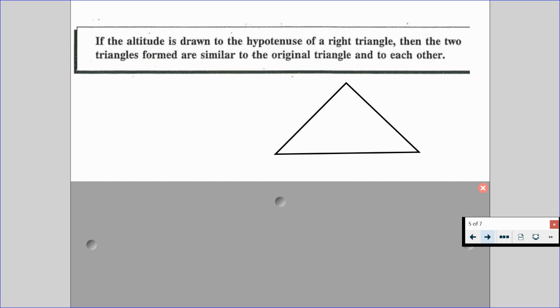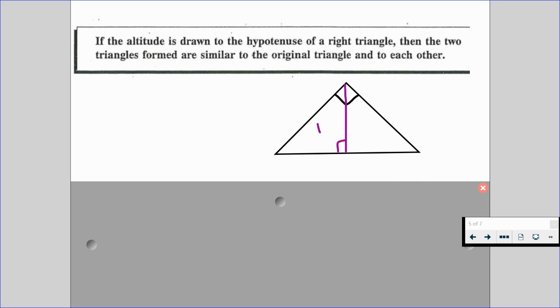So if the altitude is drawn to the hypotenuse of a right triangle, then the two triangles formed are similar to the original triangle and to each other. So if I were to construct a right triangle here, we have a right triangle, and if I were to draw an altitude,